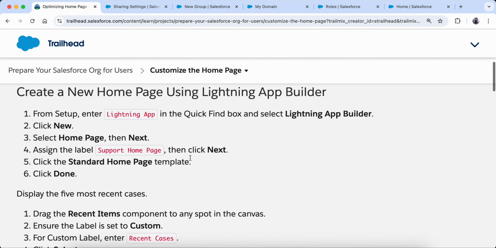First of all, let me tell you what the home page is. Whenever we log into Salesforce, we have a page known as the home page, and we can customize it depending on our needs, according to what we want on our homepage. We customize it in the Lightning App Builder. I'm going to tell you step by step how to customize it. Also, we are going to assign that homepage to a particular profile, so that when a user with that profile logs in, she can see the customized homepage.